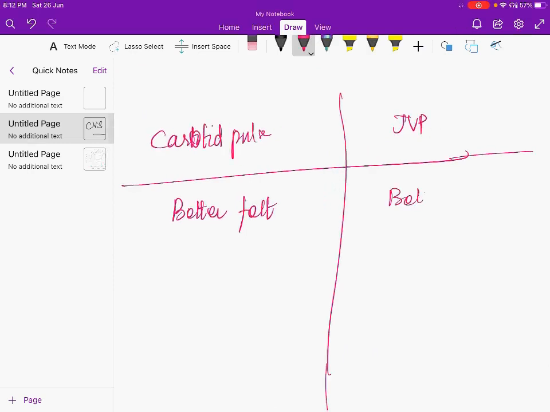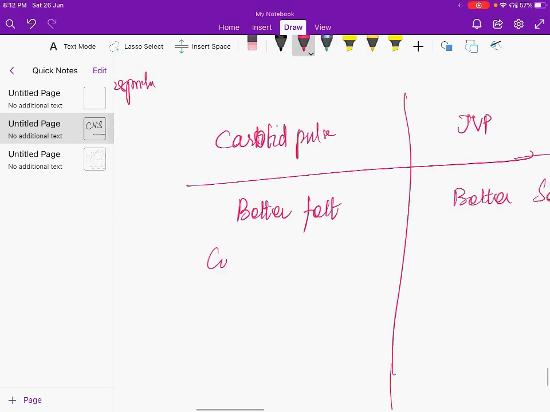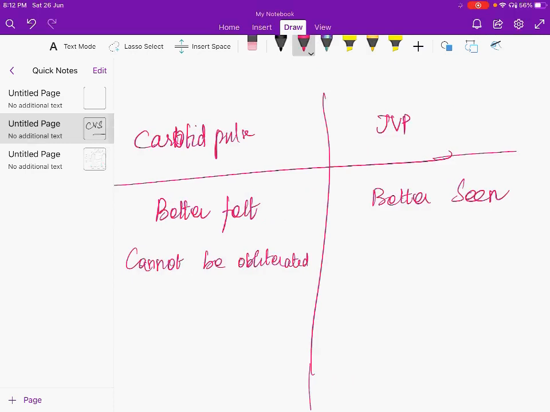JVP, like all other venous pulsation, is better seen. Any arterial pulse cannot be obliterated by pressure. Any venous pulsation can be obliterated by pressure